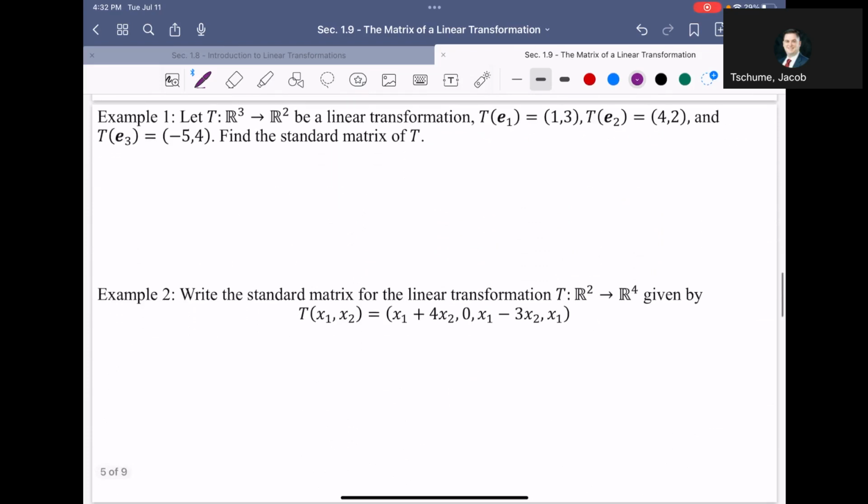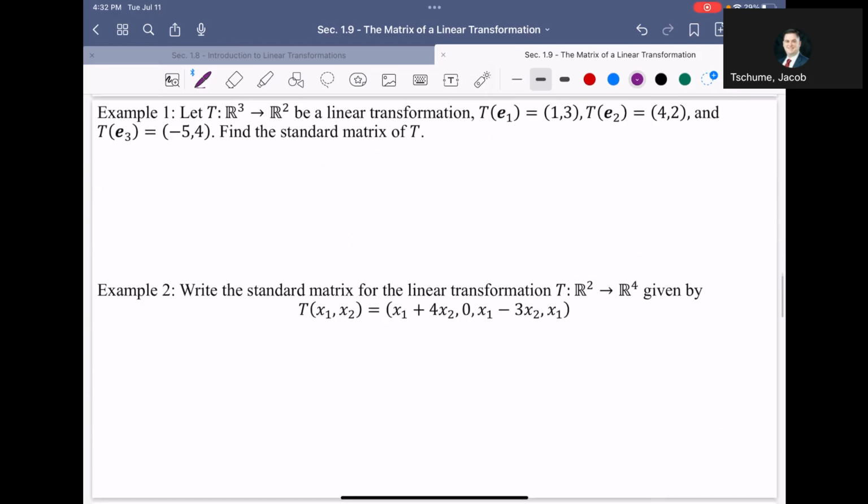All right, so a couple different ways that I'm going to have you write standard matrices. Now, these are not considered the hardest ones that are out there. We'll see some more challenging ones after chapter 1. For right now, it's all about learning the basics. So in this first example here,